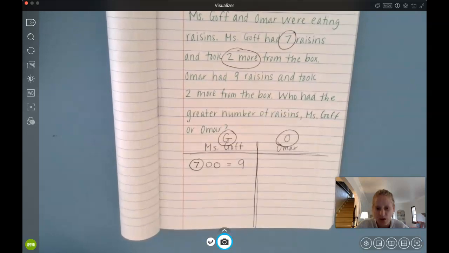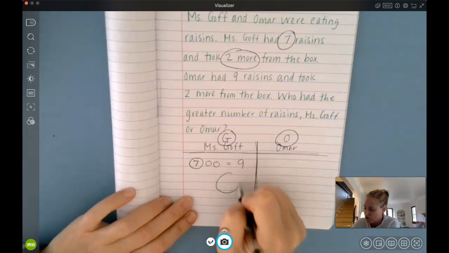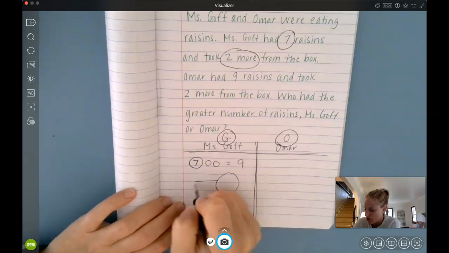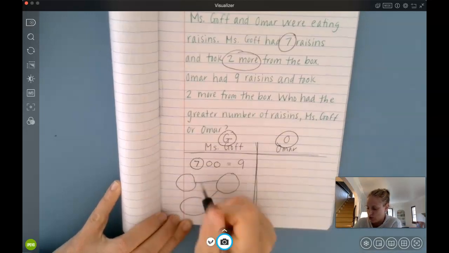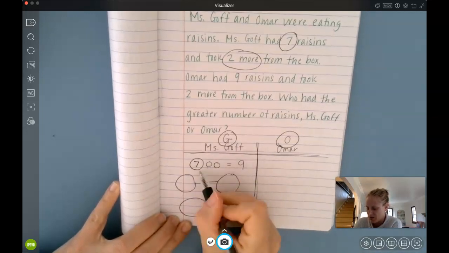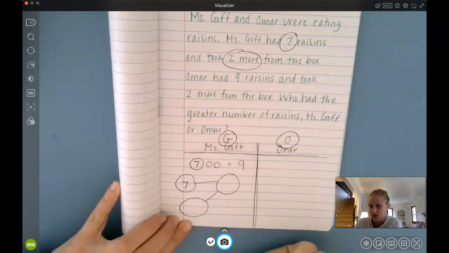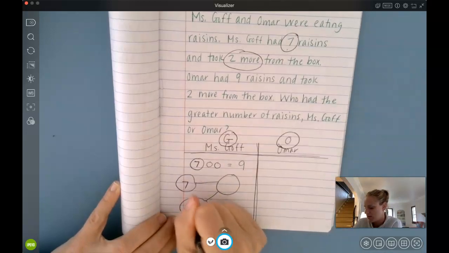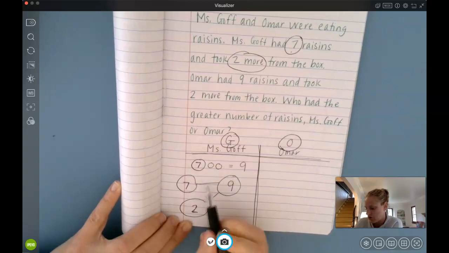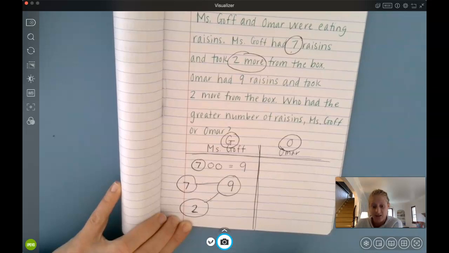Here's another way you might have shown that, friends. I saw Rebecca using this strategy. She made a number bond. Remember, the 2 lines in a number bond touch the total. So I saw Rebecca do this. 2 lines touch the total, but Rebecca didn't know the total, right? Rebecca knew 7 was one part. She started with 7, and 2 was another part. And 7 and 2 more make 9. 2 lines touch the total. Good. Miss Goff had 9.